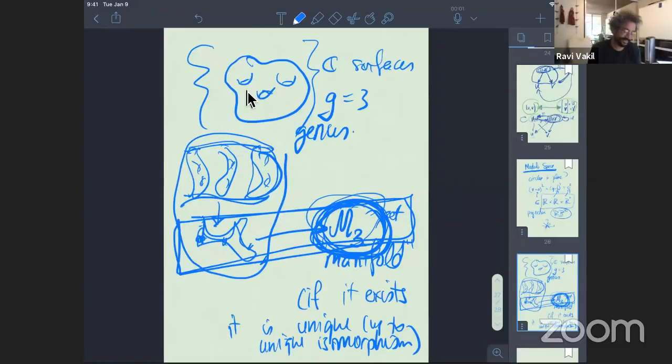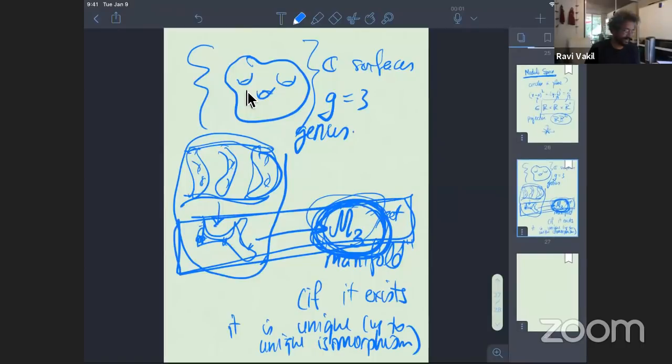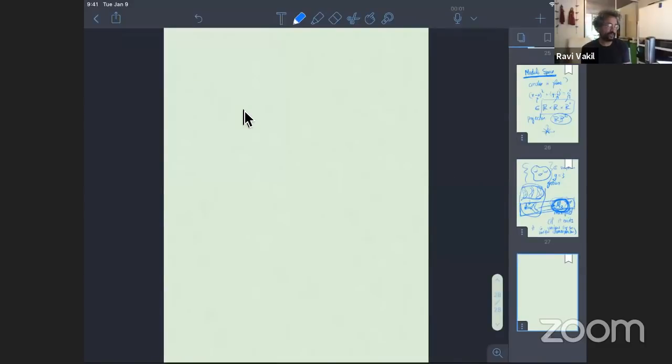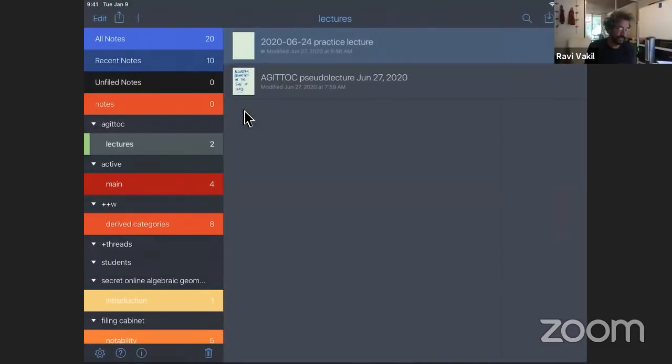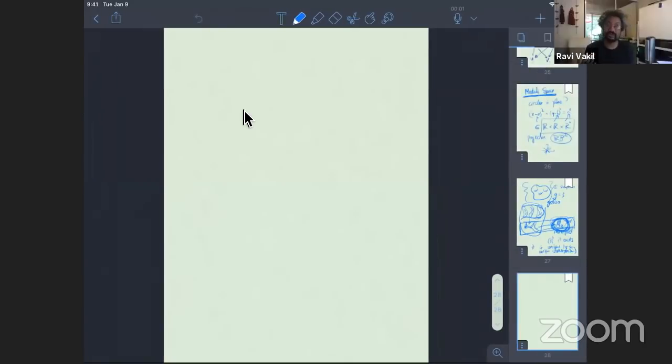Sadly, it doesn't exist. So that's part of what can make you sad, but it can later make you happy too. Okay, so these are both examples of constructions by universal property, of things defined by universal property. In all of these cases, you have to show what it is by universal property and then show that it exists. And once you've done that, the universal property can actually be a huge help.